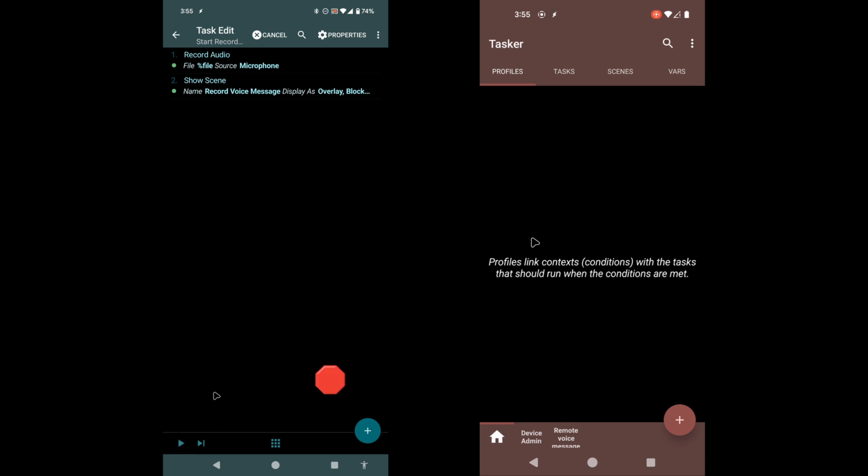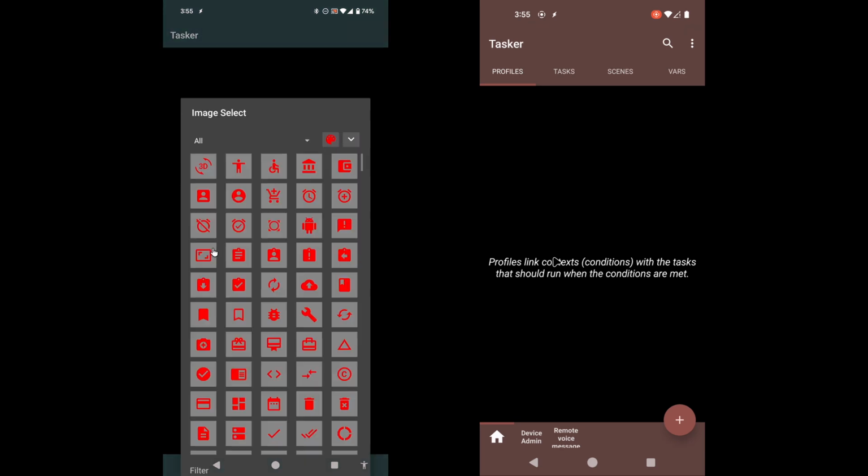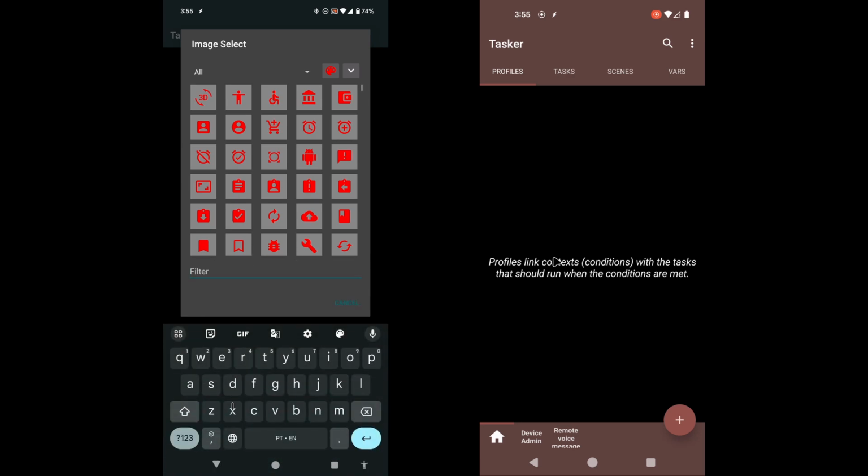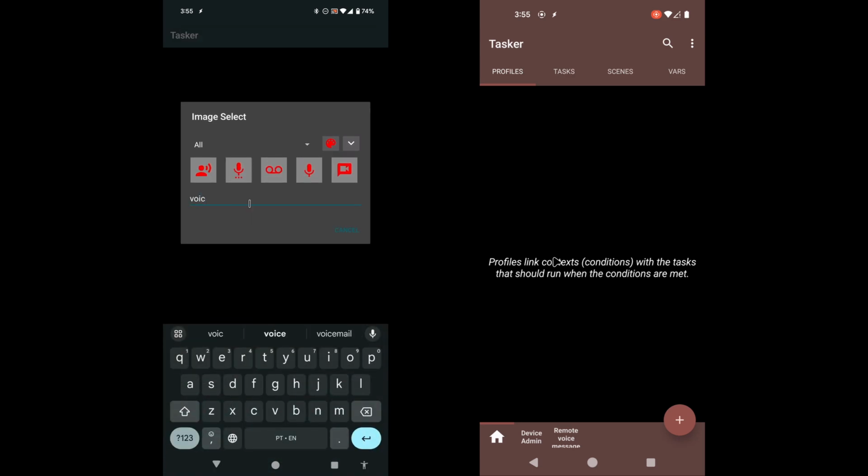Okay, this is another voice recording. Is it still working? Cool, so now for example you can set an icon here, voice, something like that,